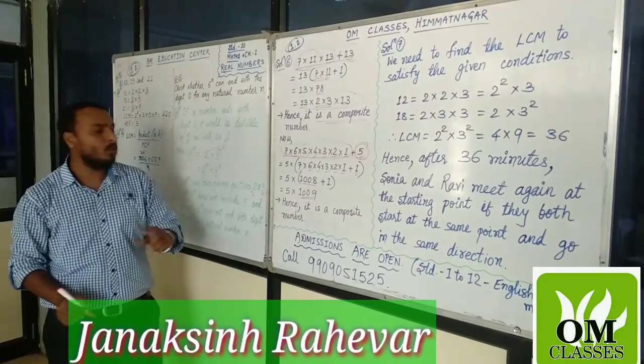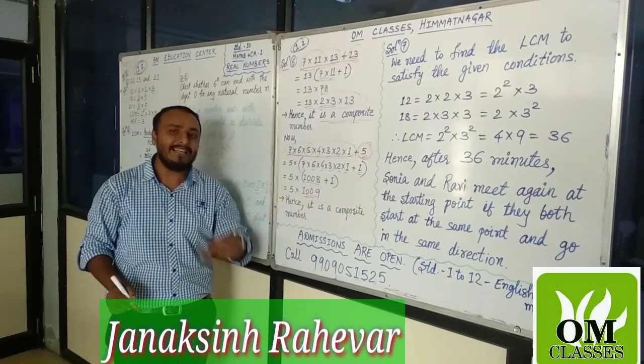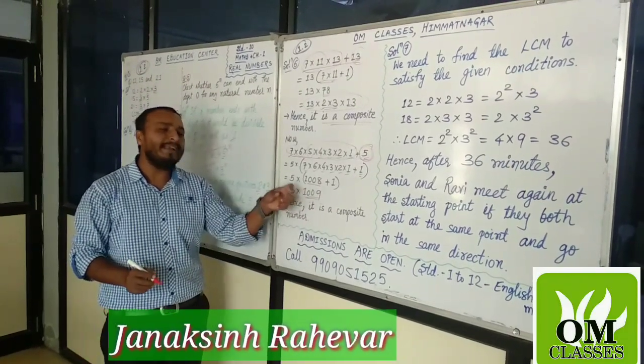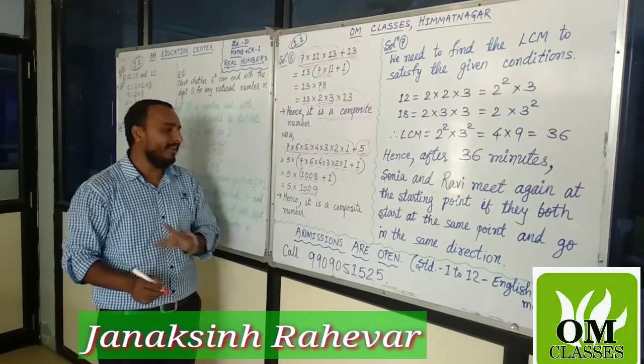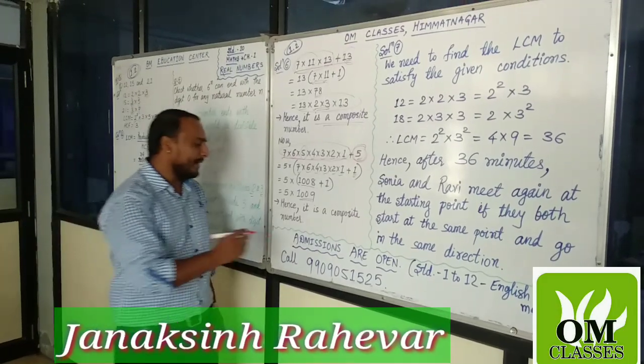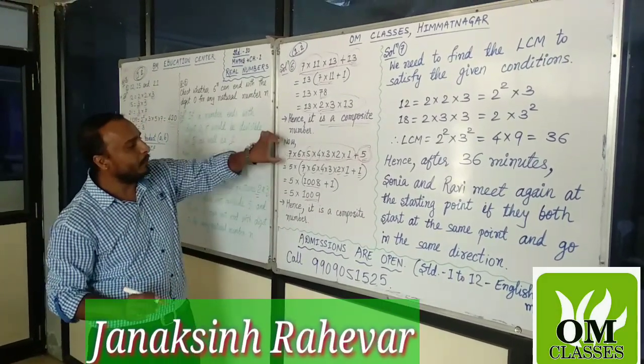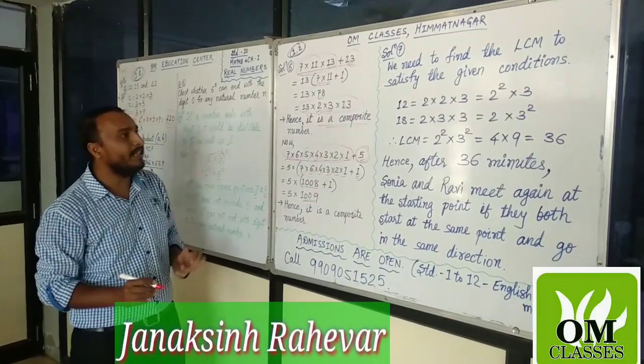Now remember dear students, 1009 itself is a prime number. You cannot divide this number except by the number itself and 1. There are no other prime factors. So it is a composite number. ये क्या हो गया आपका, ये पूरा जो दिया हुआ है that is a composite number.